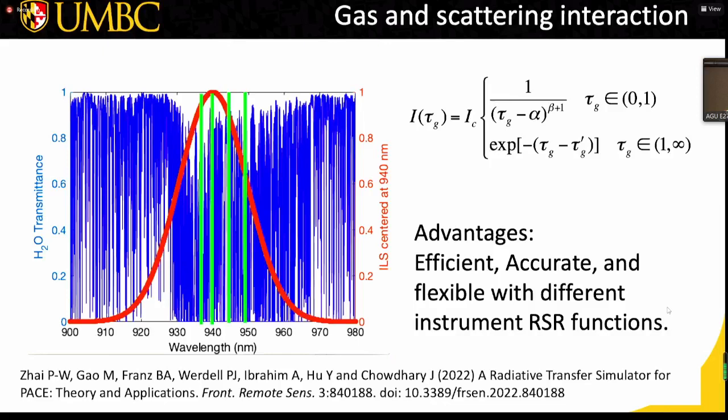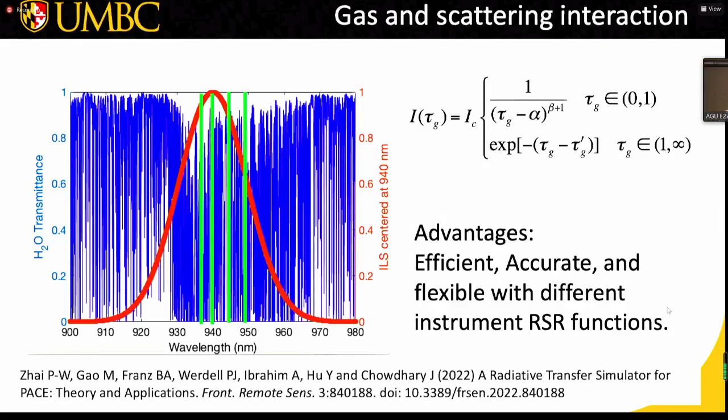Within this instrument line shape function, shown by this orange curve here, we select several channels and calculate the radiance field, and using this parameter equation we solve the unknown parameters, so that we can get a full representation of the radiance field within this band. After that, we convolve it with the